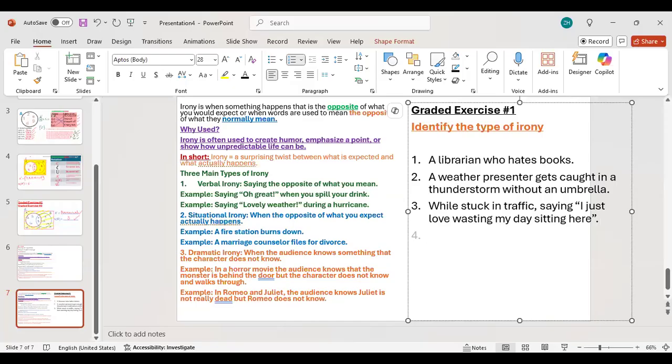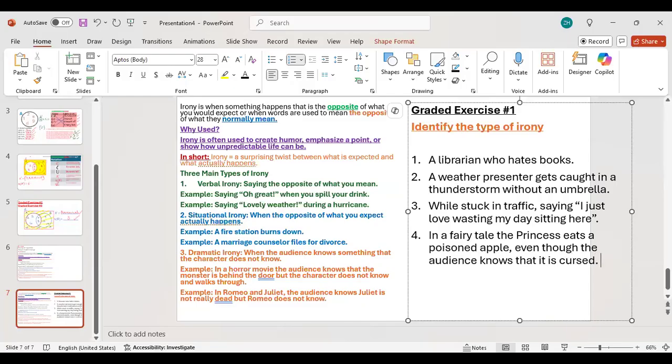Number 4: In a fairy tale, the princess eats a poisoned apple, even though the audience knows that it is cursed. Number 5: